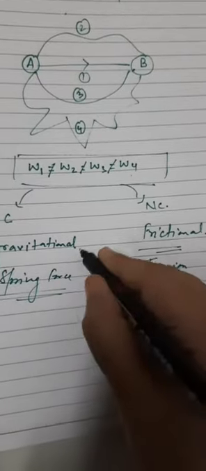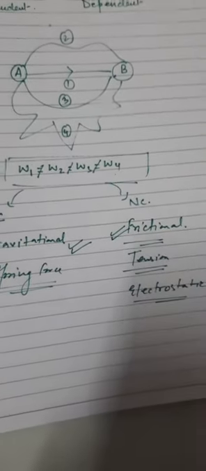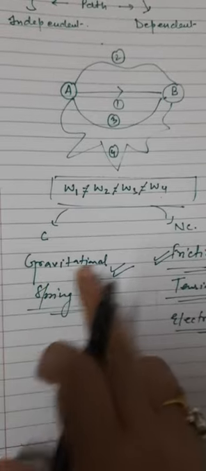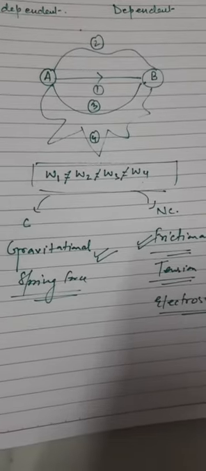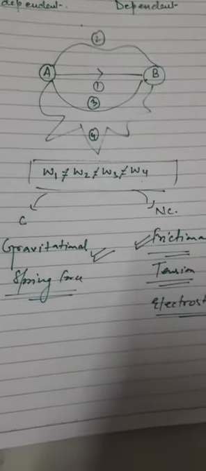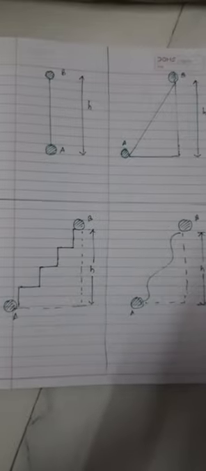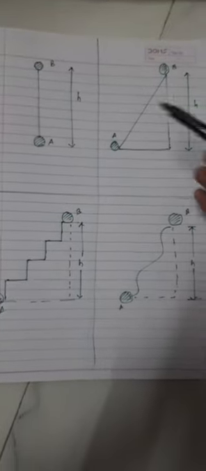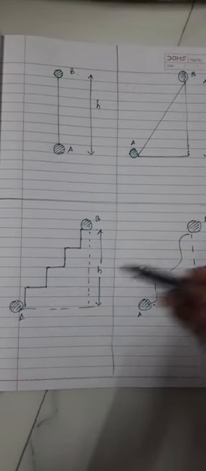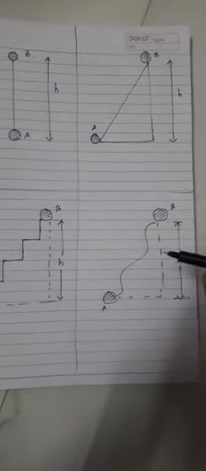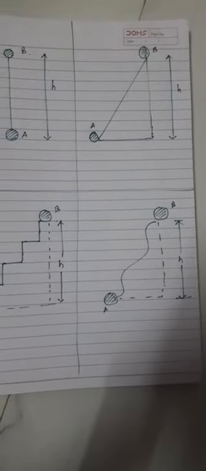So how will we prove it? We will take these two forces into consideration and prove how the gravitational force does conservative work and the frictional force does non-conservative work. Let me pause and make the diagram and then we will discuss. Here I have drawn the four paths through which I can raise the object from point A to point B. The first diagram is a very straight path. The second is an inclined plane. The third is a staircase kind of path. The fourth is a curved way.